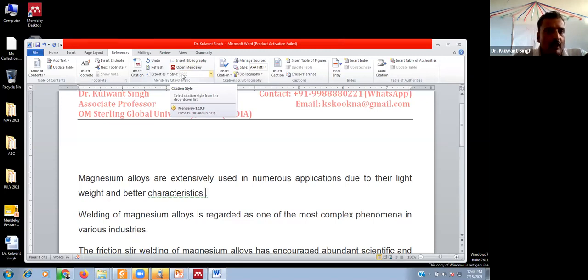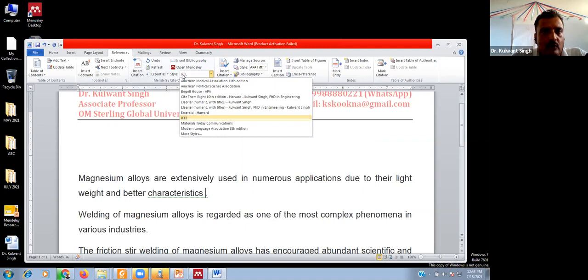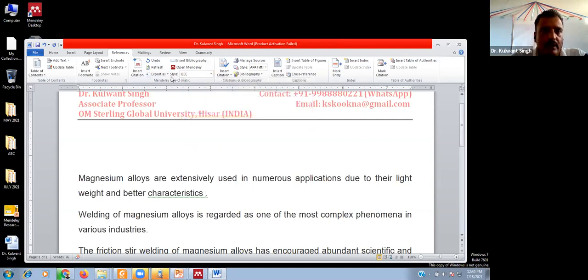So first of all, if you know the style which you want to use for your document, because there are so many citation or reference styles available in the Mendeley. Suppose I want to select the style first. I have already selected the IEEE, and I am using the IEEE for this particular document.